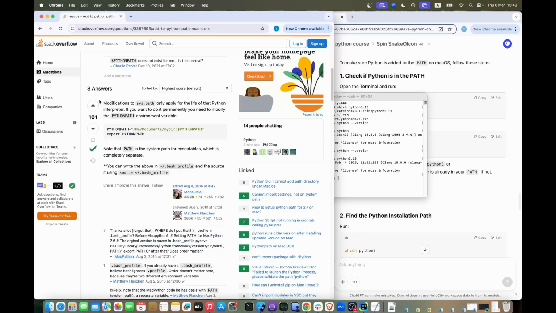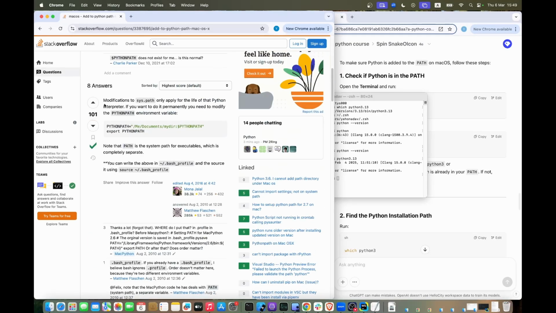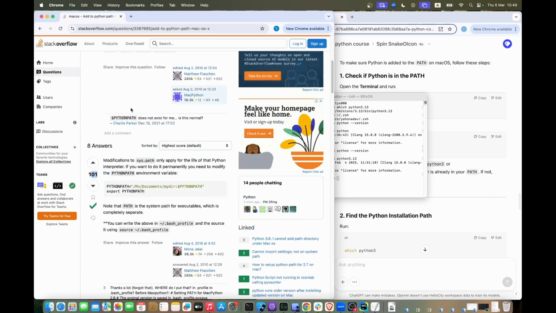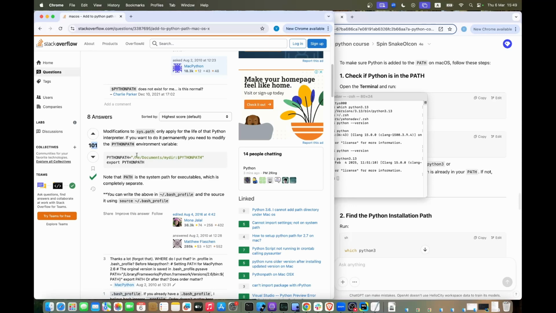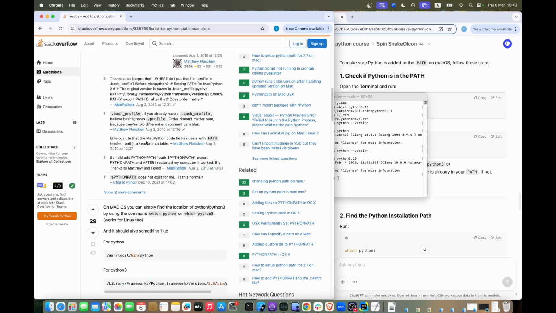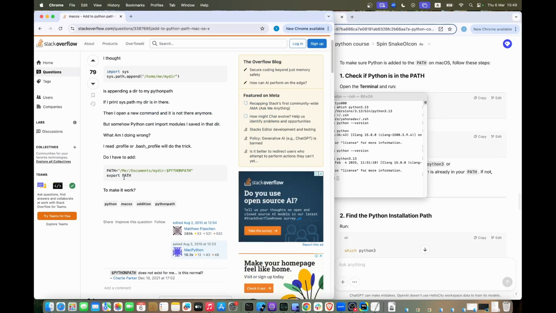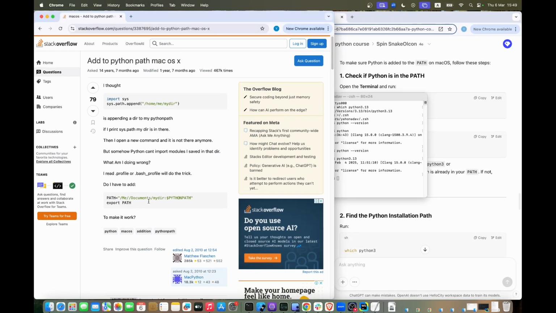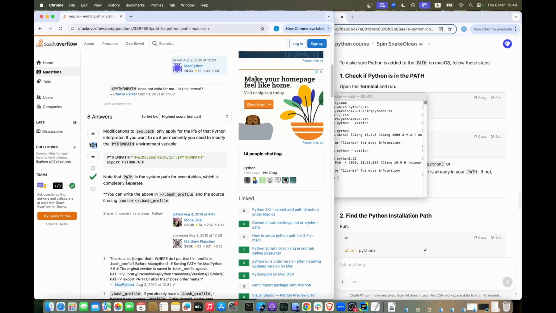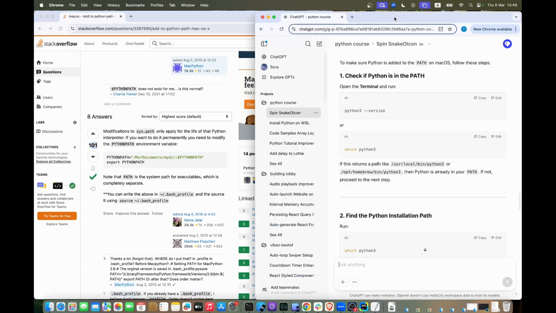Basically the answers you see first are the ones that are upvoted the most, so they answer for the majority of the people who are looking at this question. And as you can see, there are good answers here. And usually I'm more confident in the answers I see here than answers I see in AI